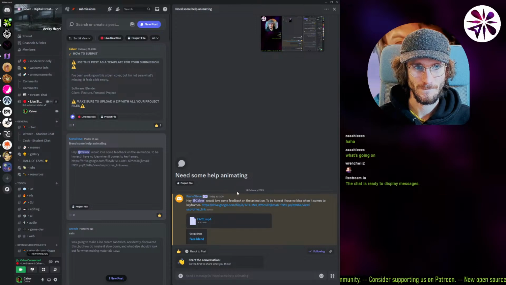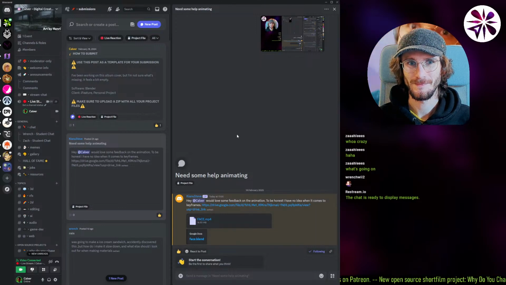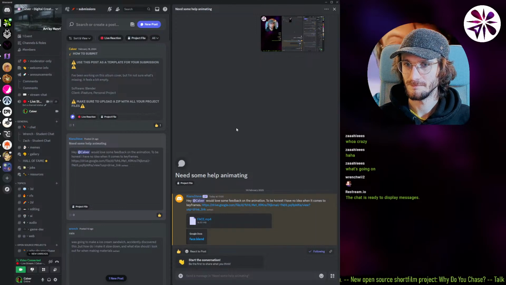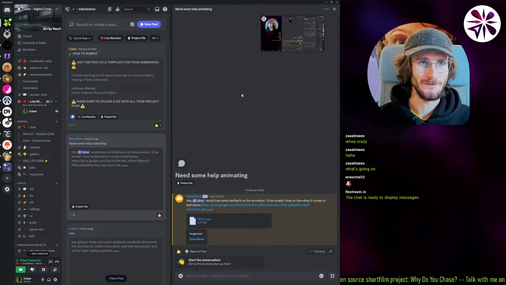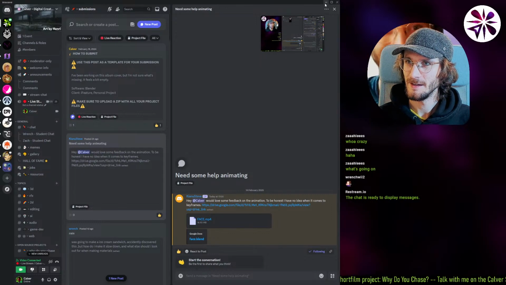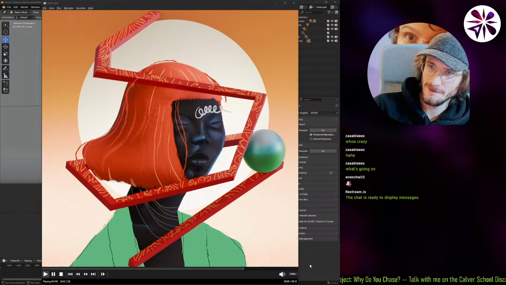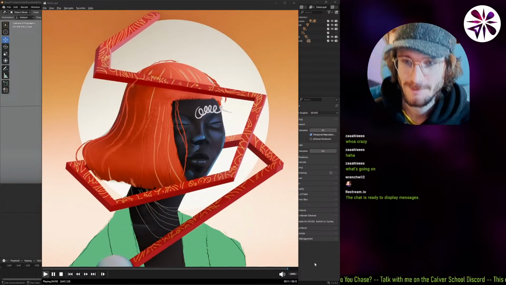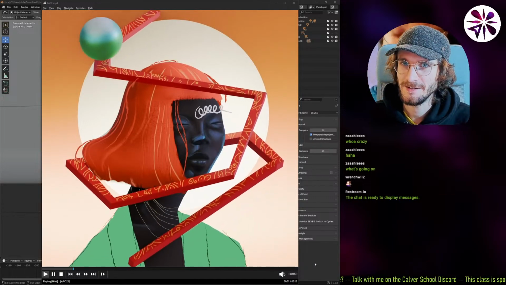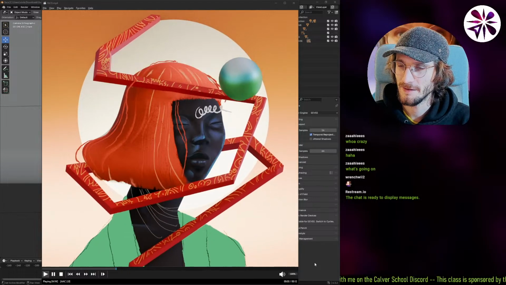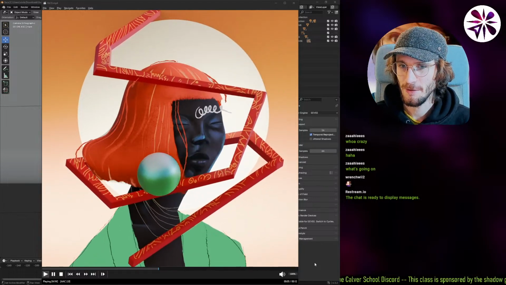Keanu Steve said, "Hey Calver, would love some feedback on the animation. To be honest, I have no idea when it comes to keyframes." Drive.google.com. Nice. Drive.google.com is the best. Okay, when it comes to keyframes, there's a few things I would like to enhance here, or put a little bit more effort into, but in general, especially the art direction,